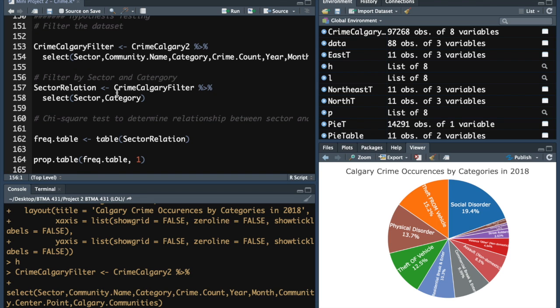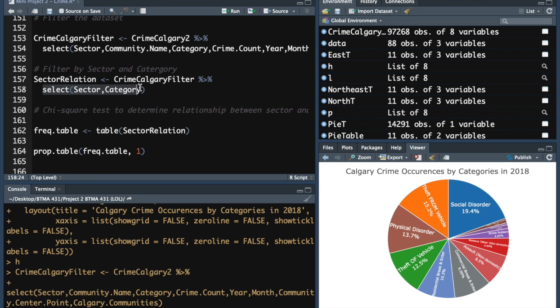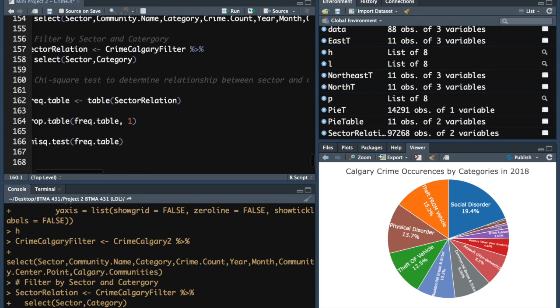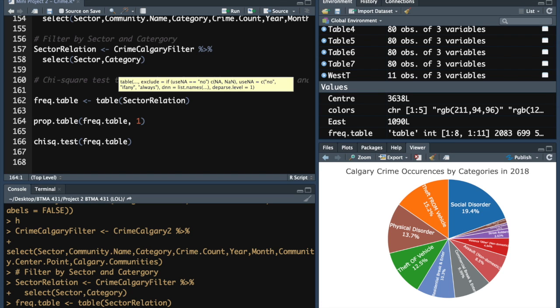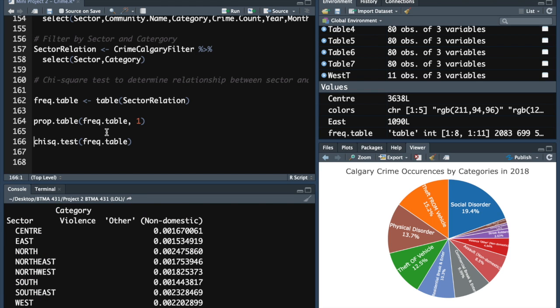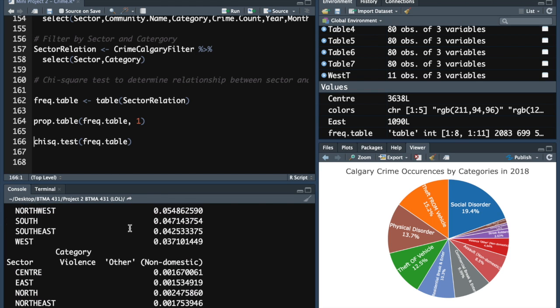We further select just 2 variables, and now we make a frequency table with those 2 selected variables. We transform it into a probability table. As you guys can see here, we have all the probabilities,